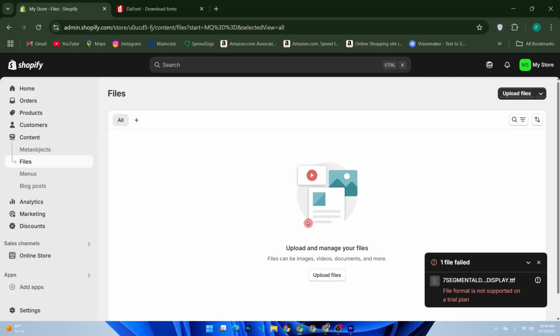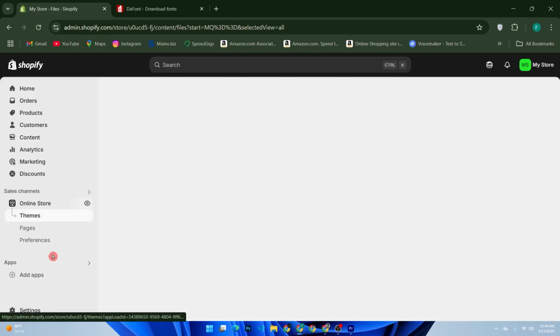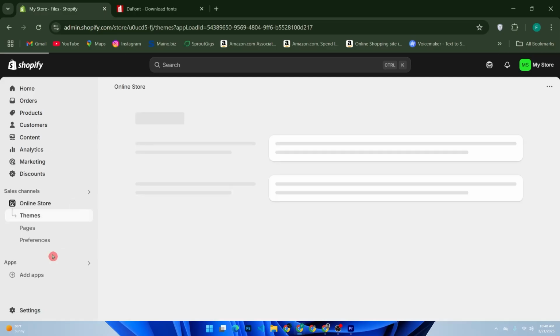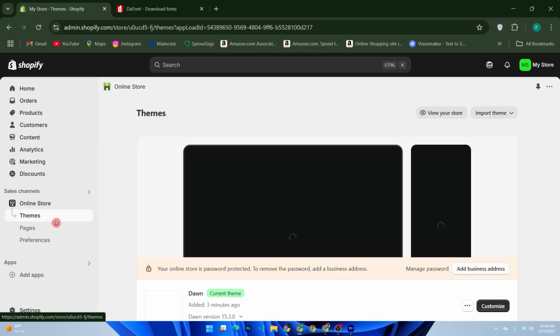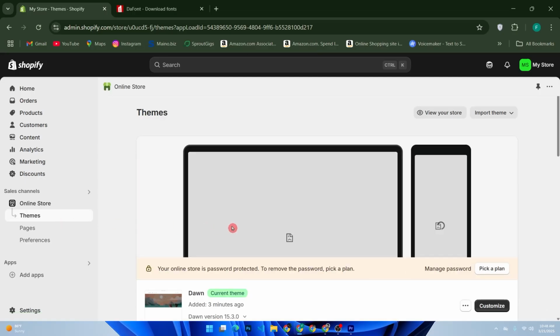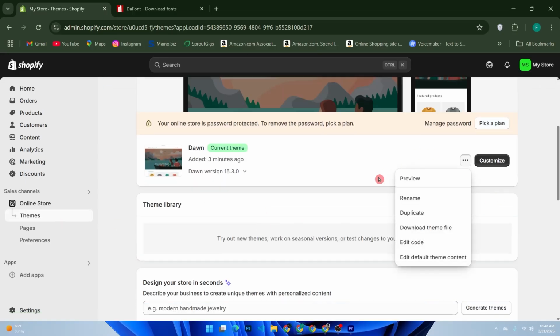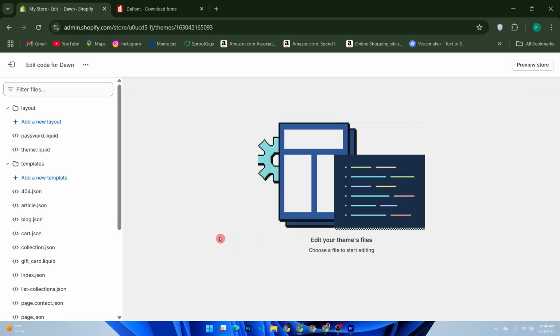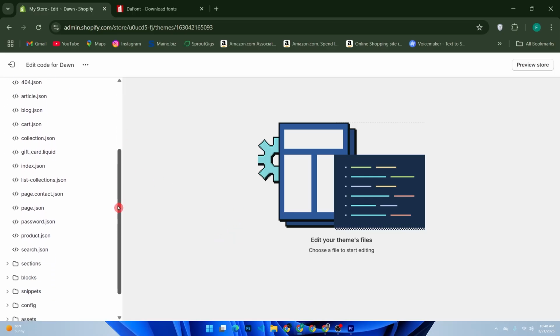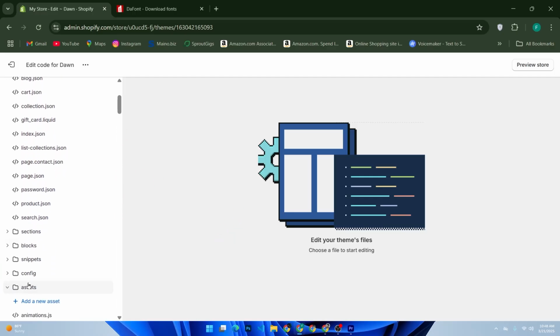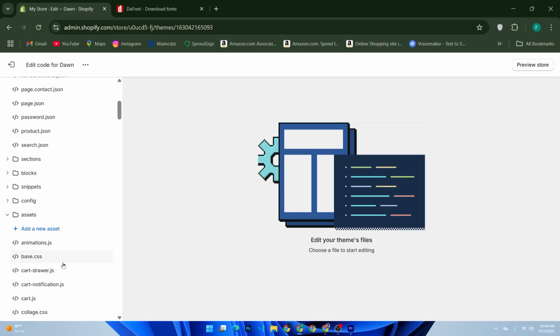Now go to online store, then themes and click edit code on your active theme. In the assets folder, find theme.css